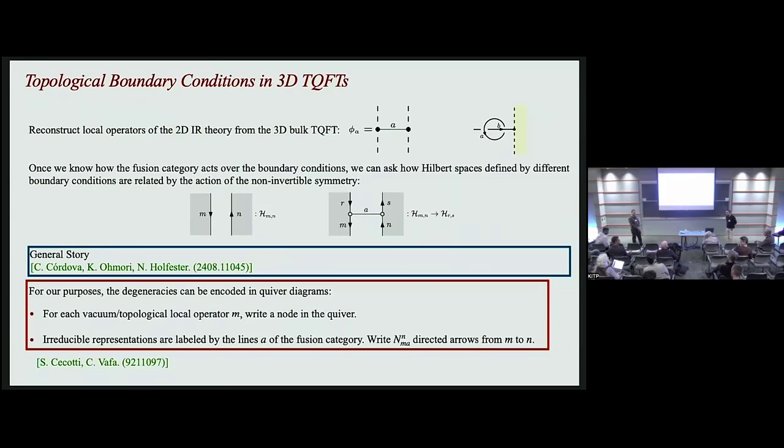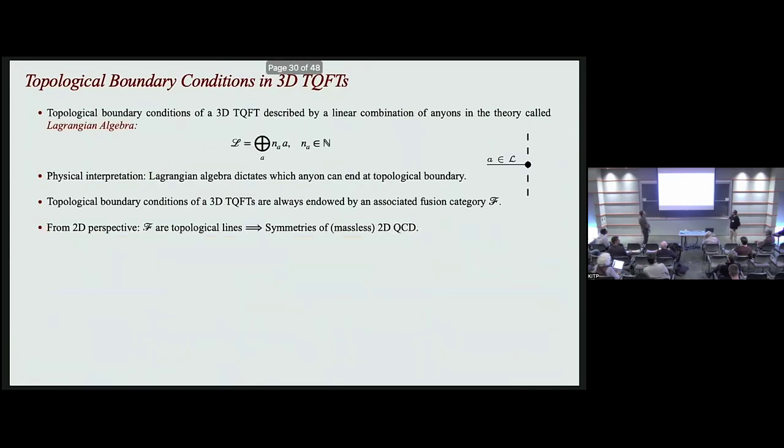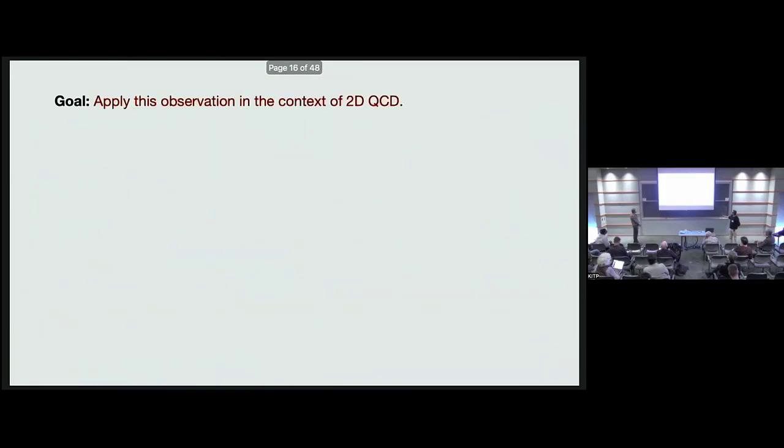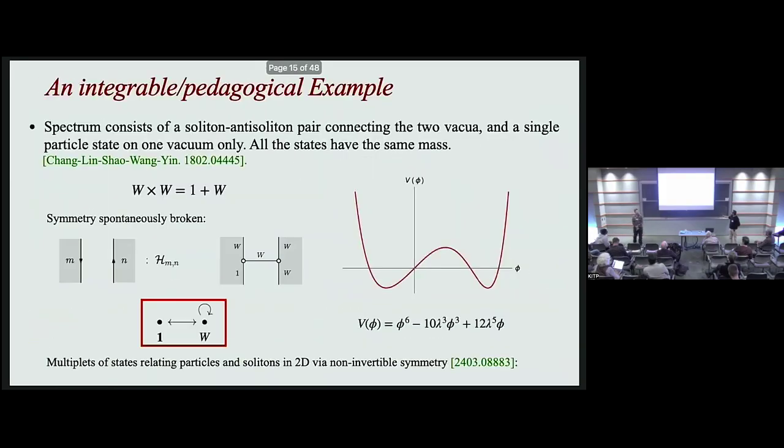So does this somehow give another handle that makes it more analytical? Is that the point? Or could you apply it to that potential as well? You can also apply it to that potential. That's actually another of the examples that we work out in the paper that I mentioned here. So sorry, let me show the reference. Yes, in this paper, we basically work out this example, which has particle-soliton degeneracy. The other example that we do is that potential that you mentioned, which is the 513 deformation in terms of the 521. Yeah, that has a degeneracy.